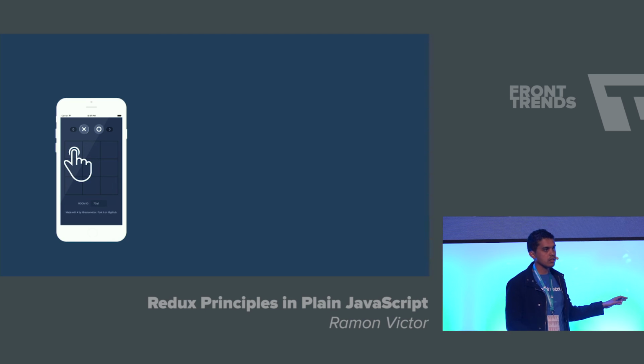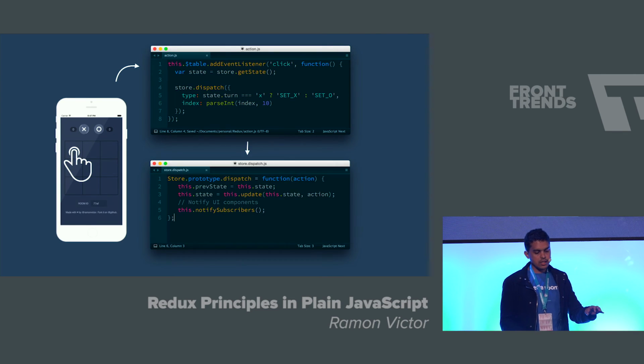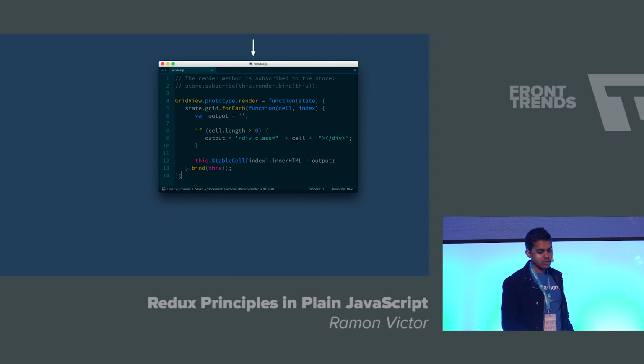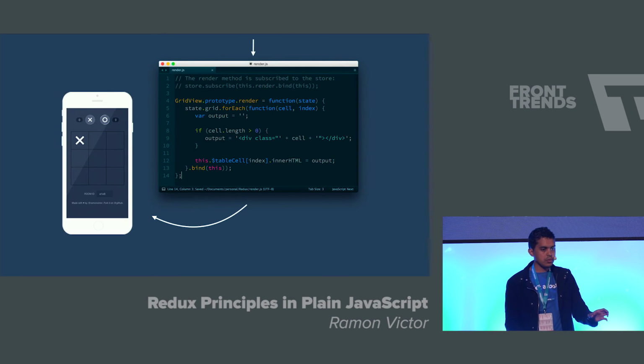So this is pretty much the unidirectional data flow idea, where things start on the UI. The user clicks on the index. We capture that with the click event handler. We dispatch the action to the store. The store receives the action as an argument, as you see there, and it will run the update function that contains multiple reducers. After running this, you have the render method that's listening to the subscribe of the store on the second line, as you can see there. So when the flow gets to the end, the user sees the change on the UI. So this is the principle.